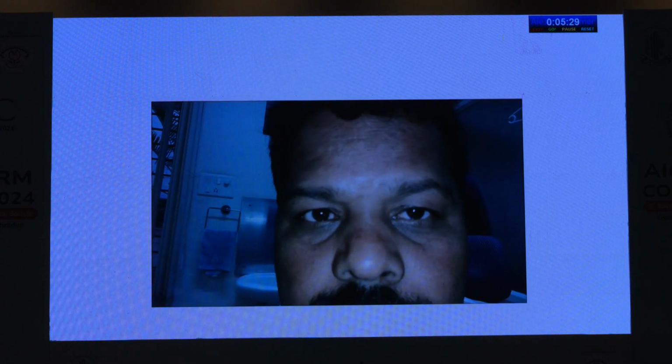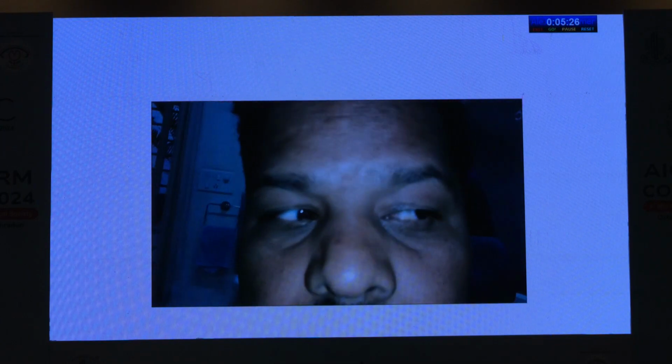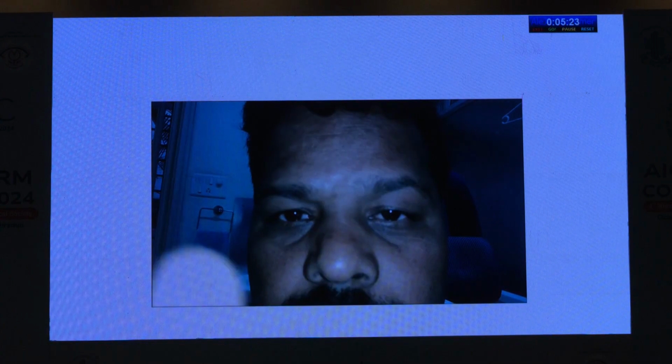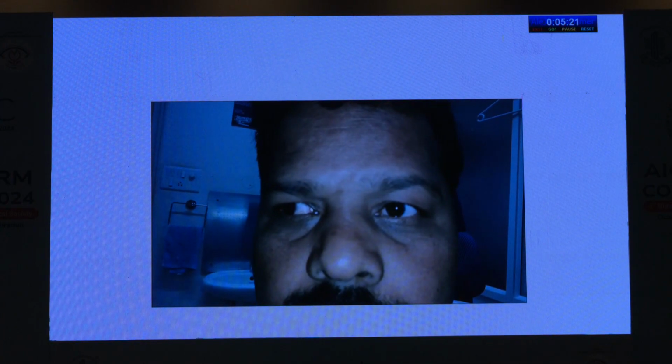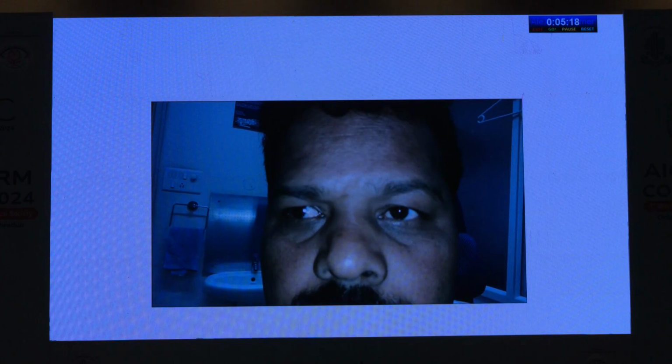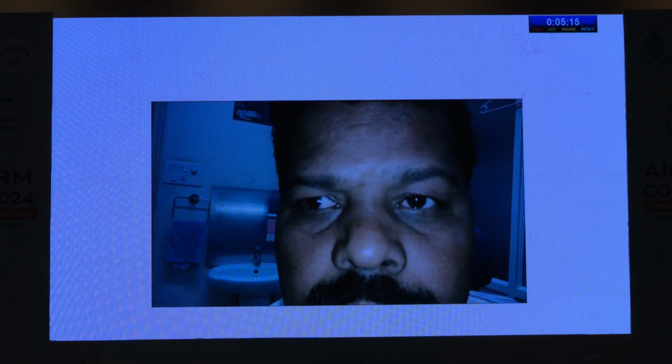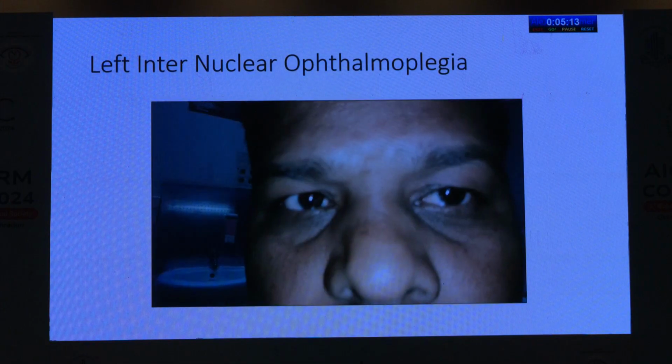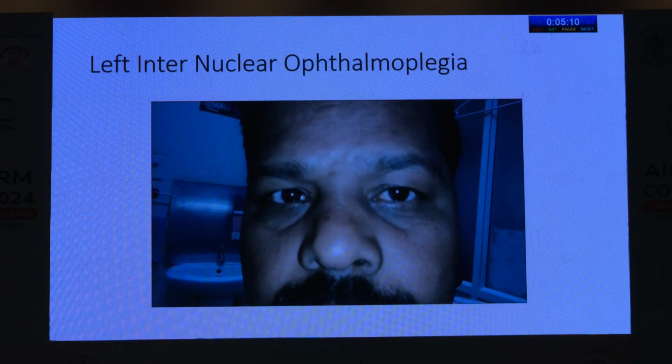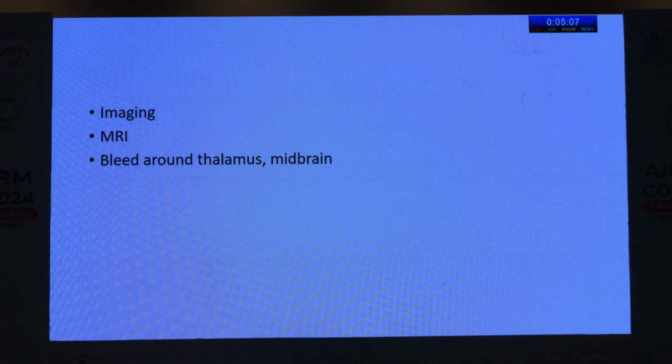I'll skip this video, which Jyoti has already shown, of internuclear ophthalmoplegia. Just note the abducting nystagmus. In the right eye you see the abducting nystagmus, and in the left eye the adduction deficit. So this is a case of left internuclear ophthalmoplegia. Many times the imaging may not pick up anything, but the clinical sign itself is enough, because these are very pinpoint lesions which may not be evident on an MRI. So with a contrast study, if you tell them this is the area I want to focus on, the radiologist will